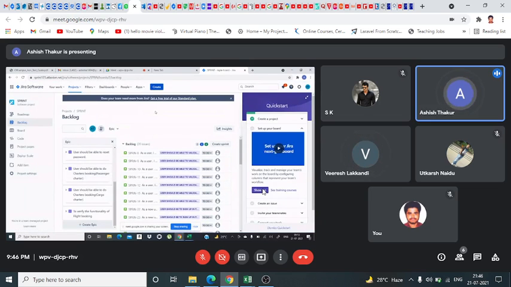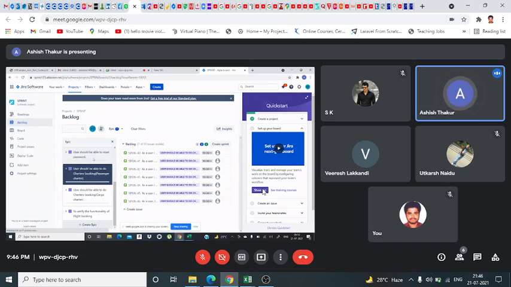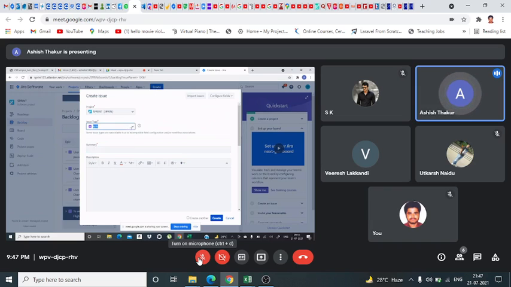Now the stories. You see all these stories are assigned to some epics. If you click a single epic, you can see how many stories are assigned in it. If you click this epic and highlight this, then all these stories are assigned to this epic. Right now in this epic we don't have any story, so we will go to the create option. Now we can select story here.